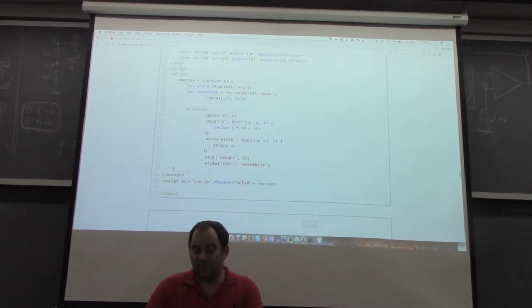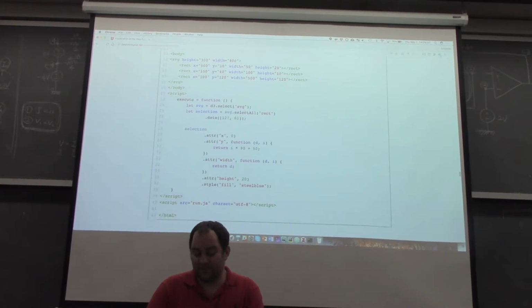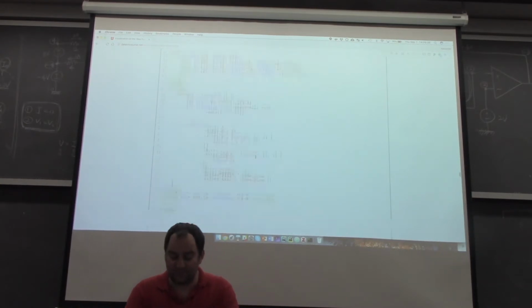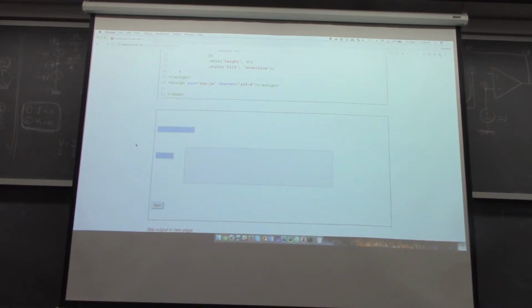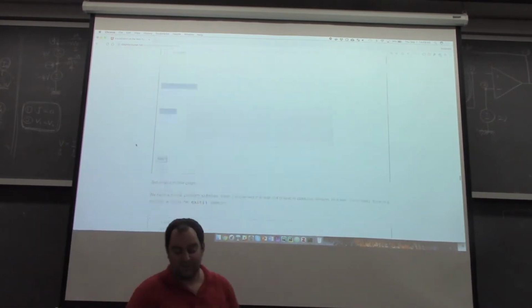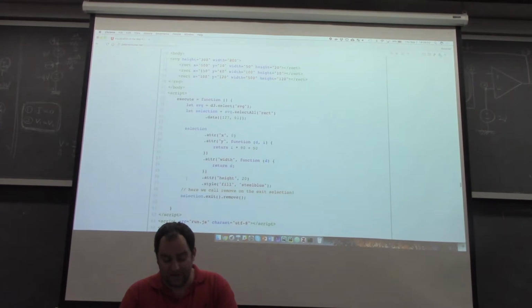Then we have more elements than in the data set. So here we have only 2 elements in the data set. If we run this, we have this one leftover element because we're not treating this exit selection here. So this is not properly treated. And we can treat that by simply adding a very simple line down here,